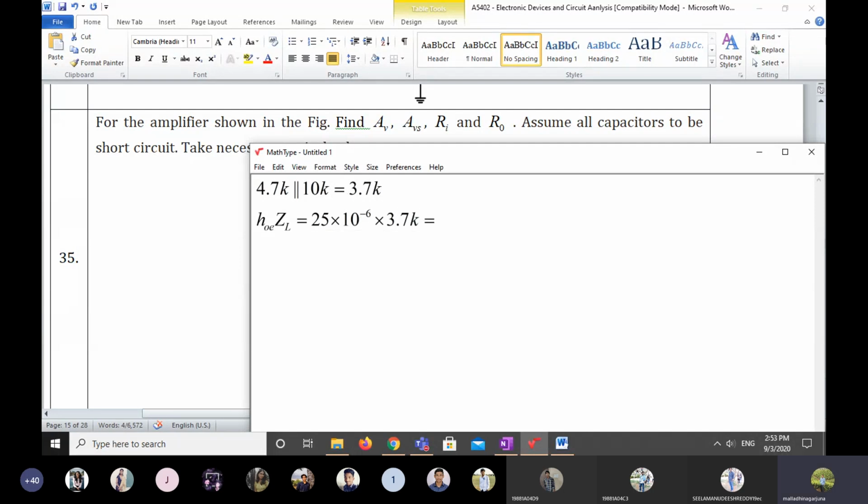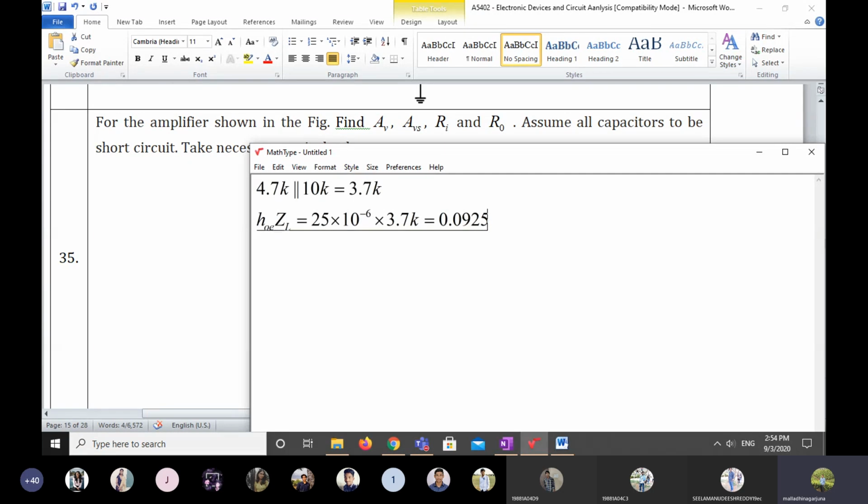What will be the result? 0.0925, I think. Am I right? Yes, sir. So 0.0925 means this is less than 0.1. So hence it is